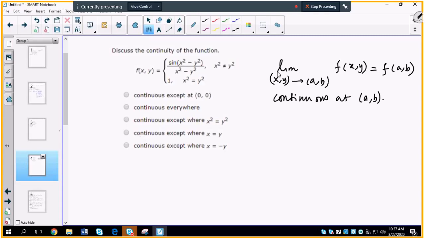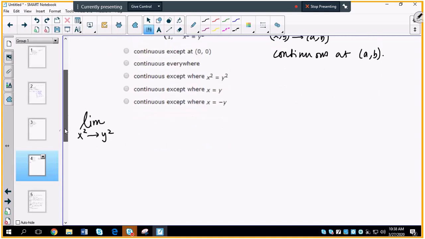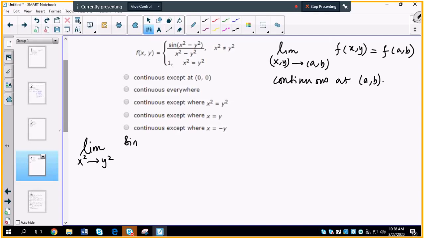First, I'm going to evaluate the limit. And what will be the limit? So I will say the limit as x squared approaches y squared. I don't care which way they're approaching, but x squared should approach y squared. And I will evaluate the limit of the function sine of (x squared minus y squared) over (x squared minus y squared). Why am I interested in this limit? Well, this is the only situation that you want to know,